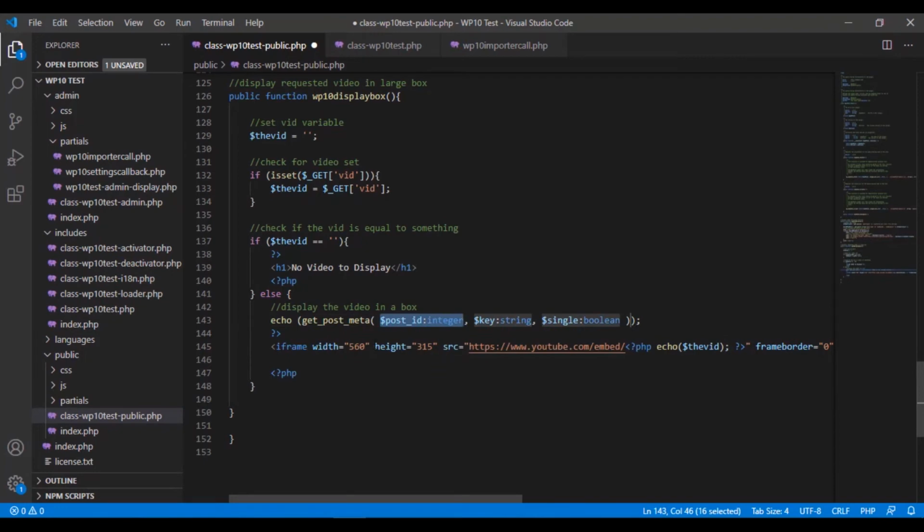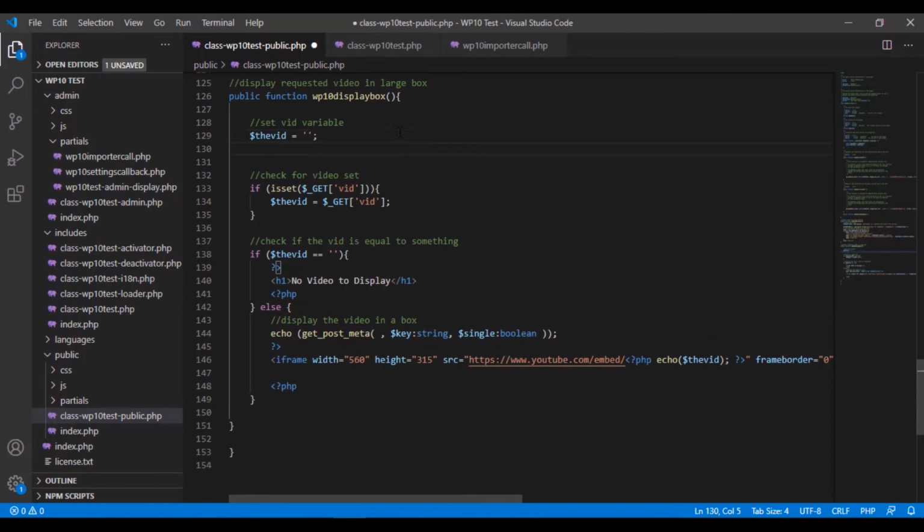Okay, and here's what it needs. It's going to ask you for a few different things. The first thing is it wants the post ID. Well, we passed that, didn't we? We called it OID, but we have to gather it up here. So set the variable ID. Let's call it post ID